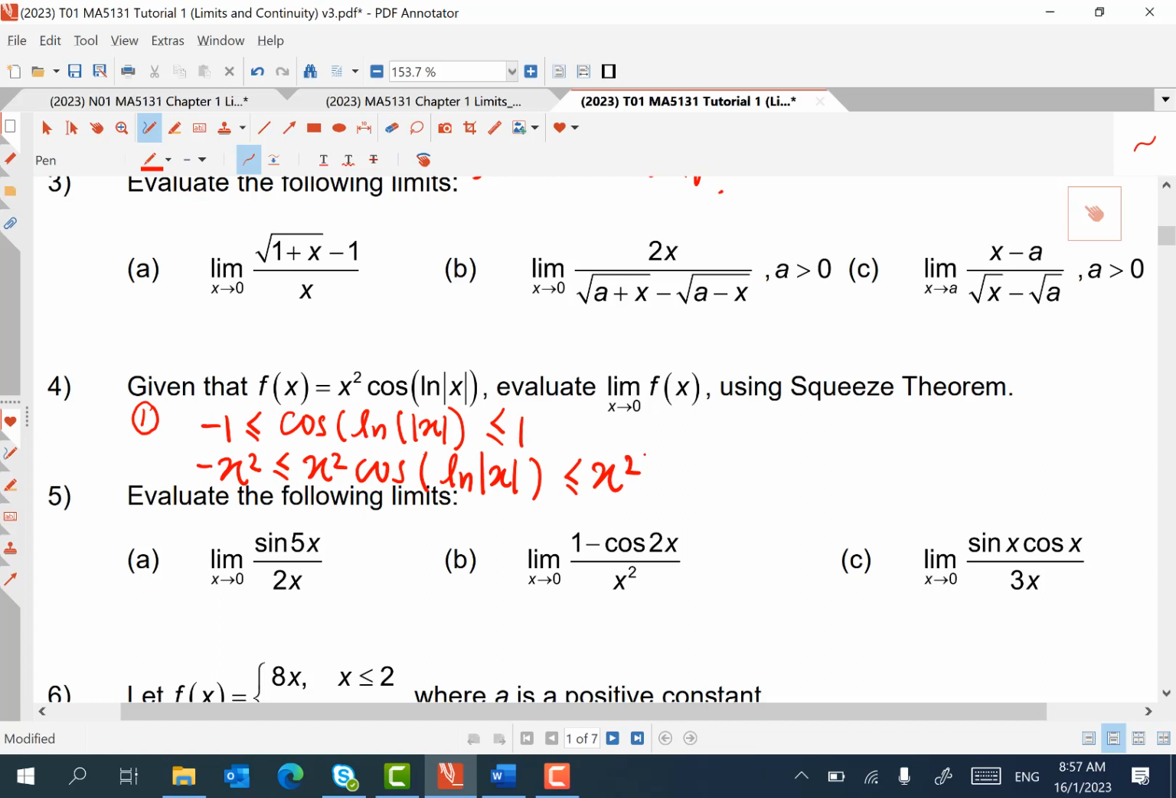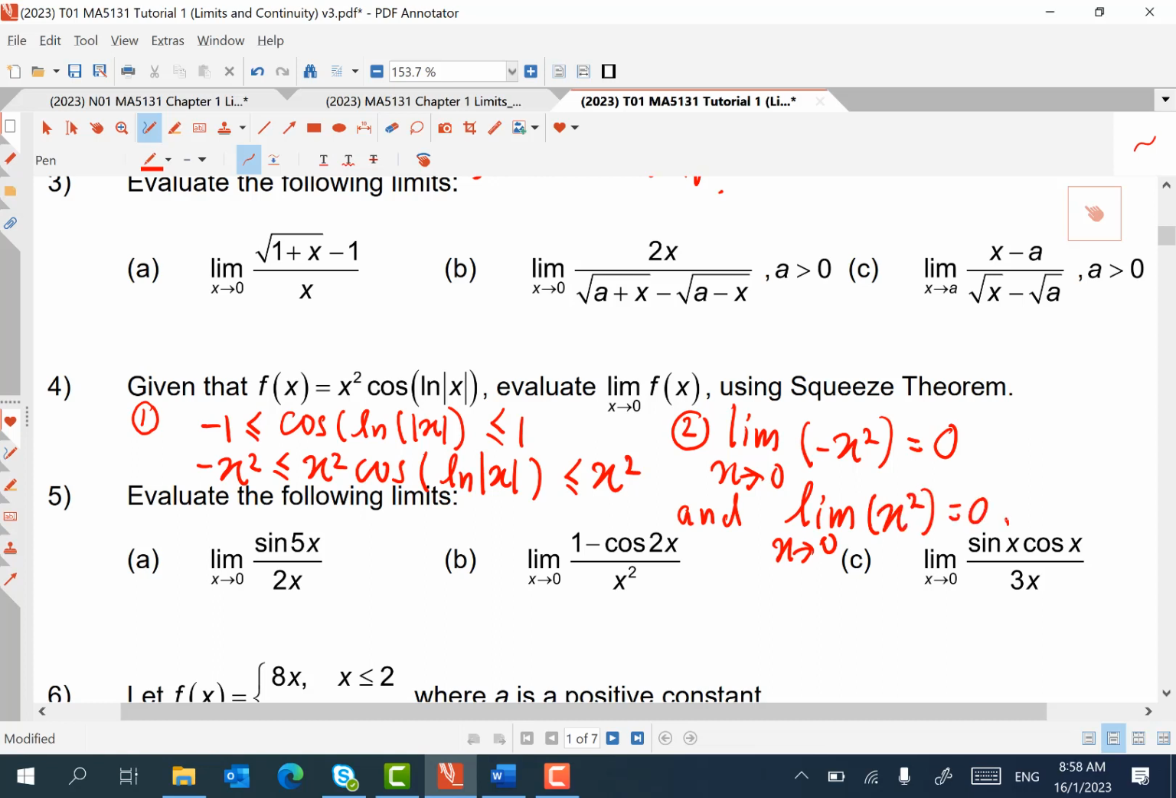So the first step is you establish the inequality, and number two, you find the limit as x goes to 0 of the left function, and the limit of the right function. Okay. Therefore, by the squeeze theorem, the limit